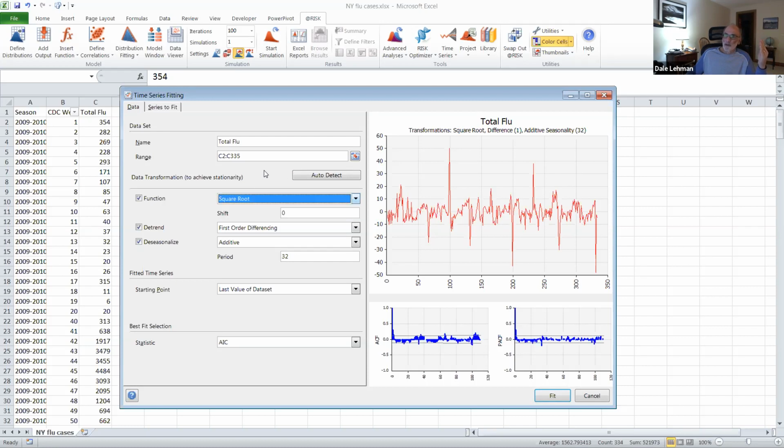So it's done a square root transformation. It's used for sort of differencing, so it's actually transforming. It's looking at the square root of the week-to-week variation with additive seasonality. And notice it's picked up period 32, and I had to look back at the data to actually see that,